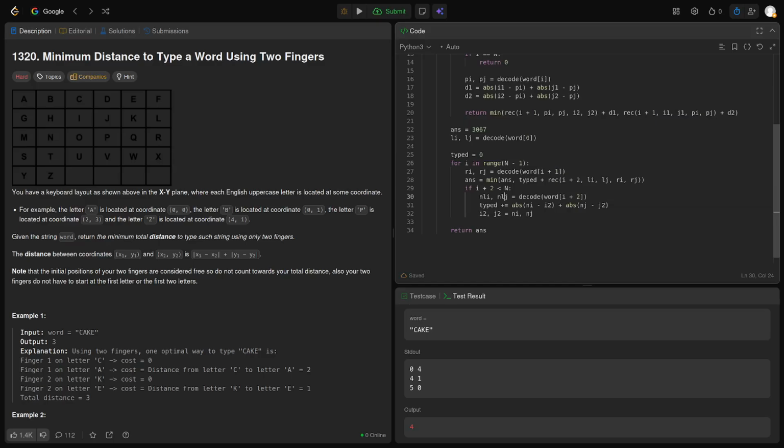No, not really. RJ. Wait, so that means that what happened? So from, we moved. So we typed and we move, because we now type the